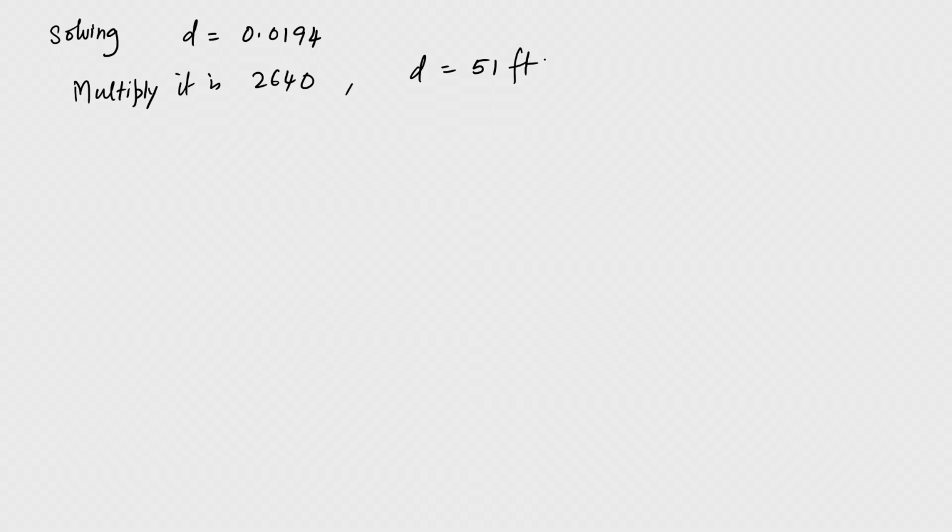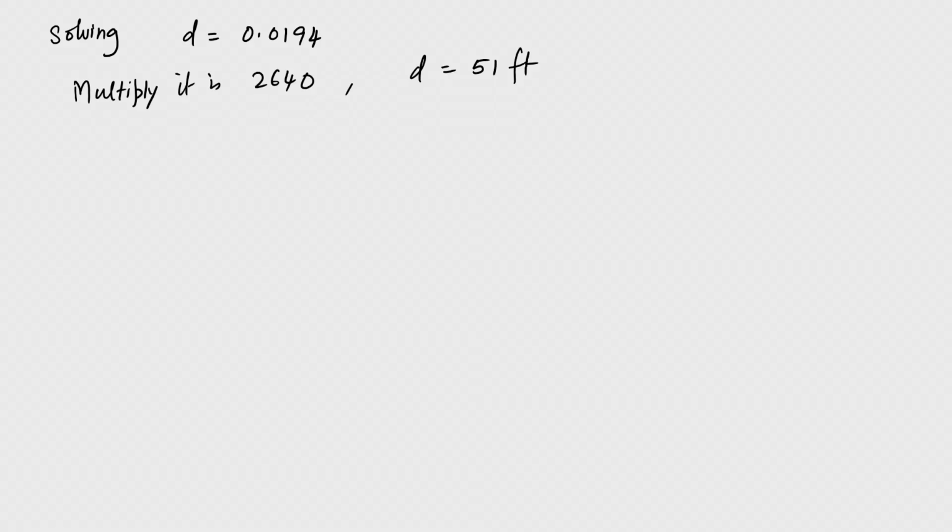So, from this it is clear that if you have to cut this at the middle and weld it and join it like an arc, it has to be done at a distance of 51 feet. But if you look at it a little more carefully, so more careful calculations